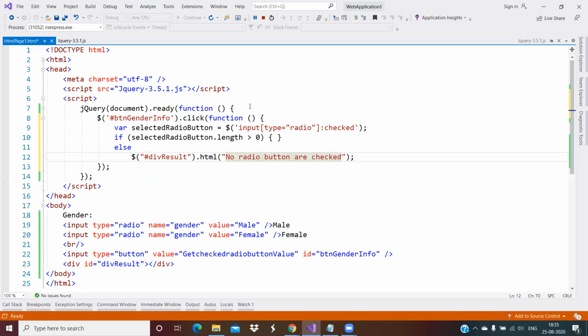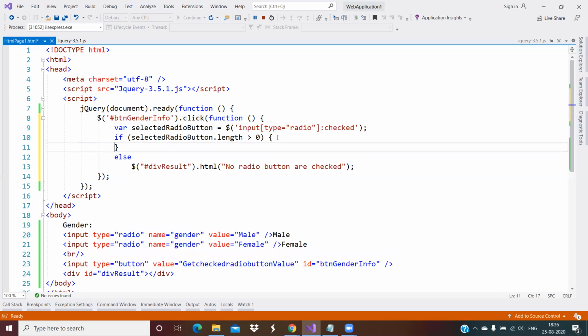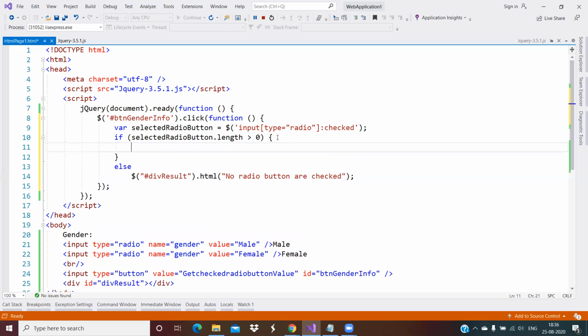Okay. So in this case, the only possibility is the user can select either male or female, because the group is the same. So no need to loop this object. This variable only contains a single object. So what do I need to do?